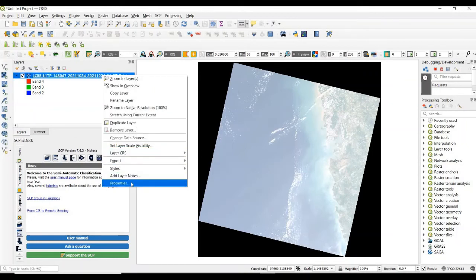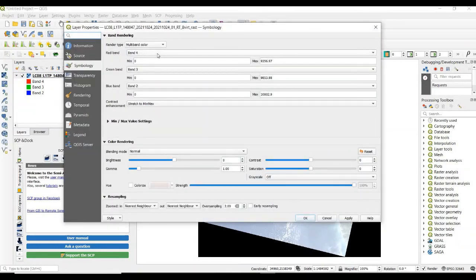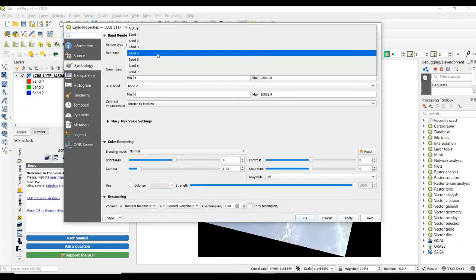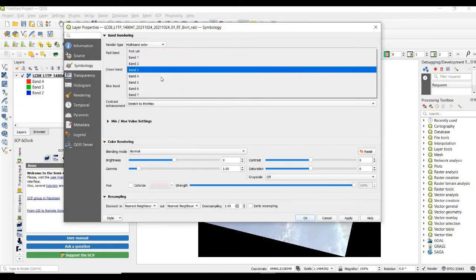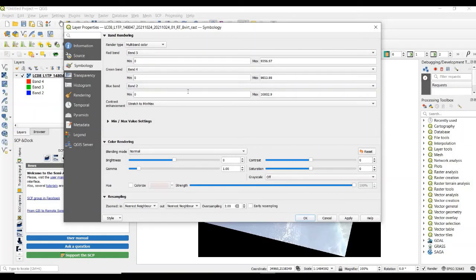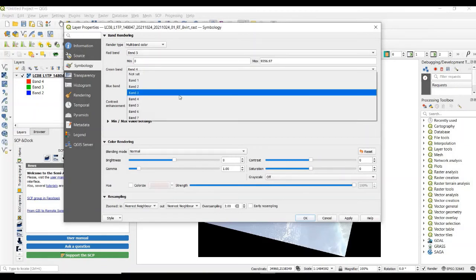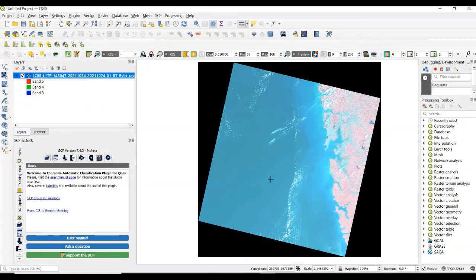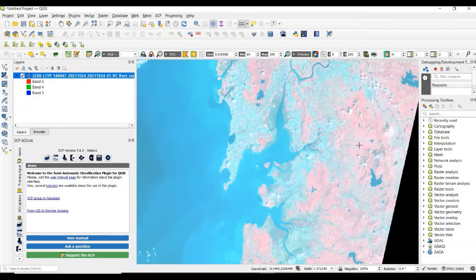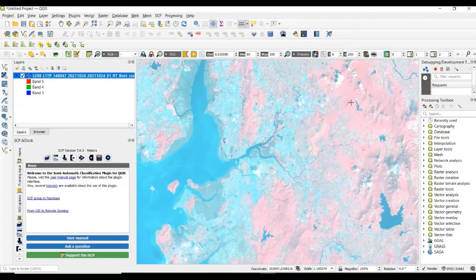Again click to property, and for false color you need to select band number 5 infrared band, band 4 red and band 3 green, and apply and OK. So we can see here the water portion will appear blue in color and vegetation portion will appear red in color.